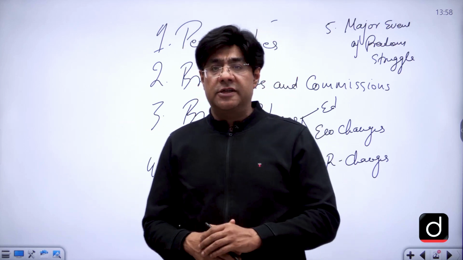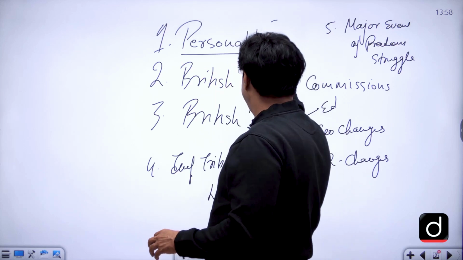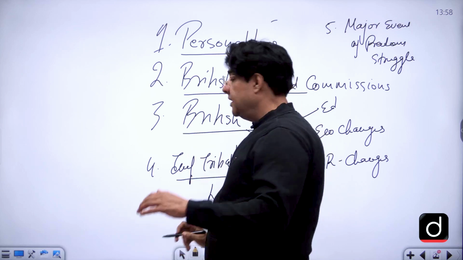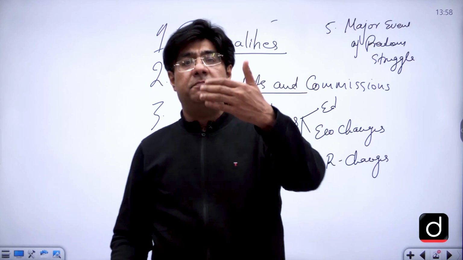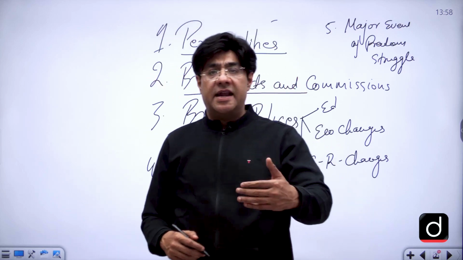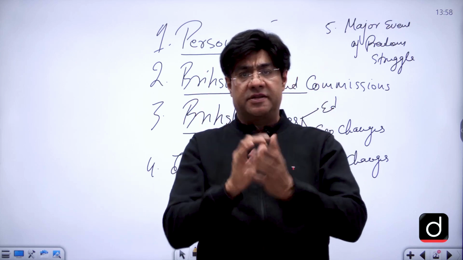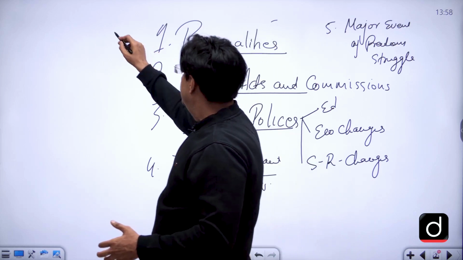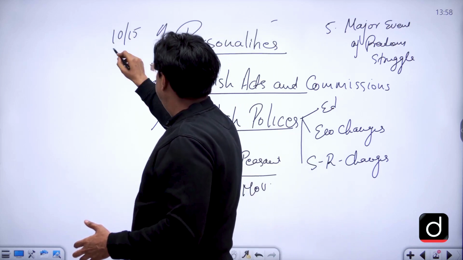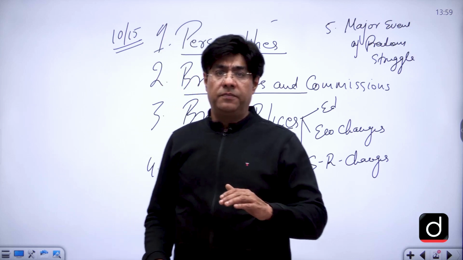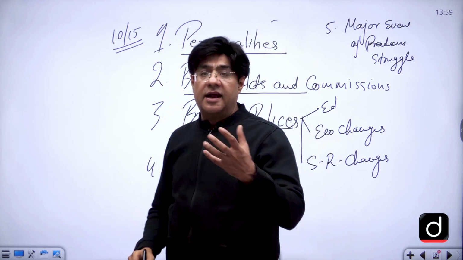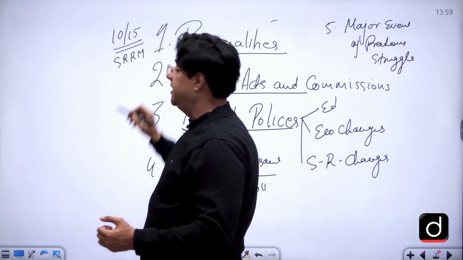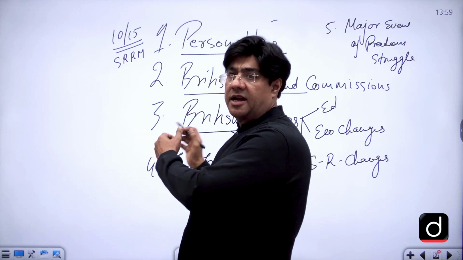The second benefit of this will be that this revision will be more holistic in nature. How come? It is something like this: suppose we start doing personalities first. And in personalities, we have outlined 10 to 12 personalities. That is how I have designed my class, so that is why I am saying it to you. So suppose we have 10 to 15 personalities with us whom we have to do. Now in these 15 personalities, there are a few who are mainly associated with the socio-religious reform movements of India, like for example, Raja Ram Mohan Roy.